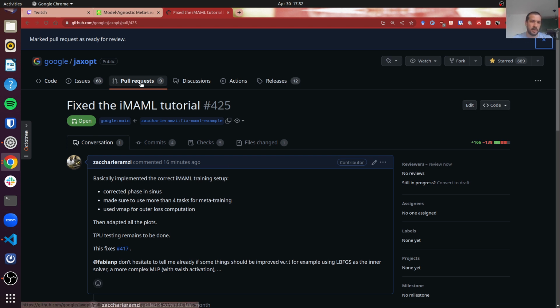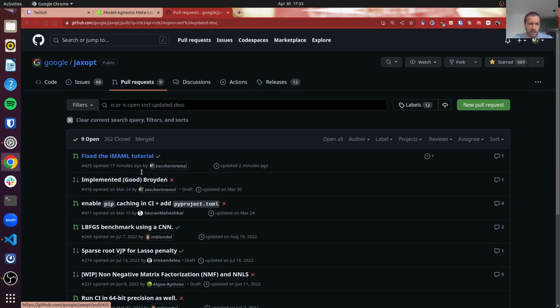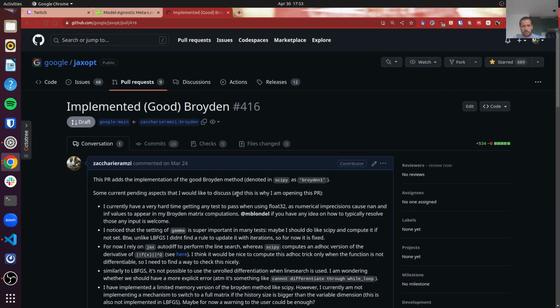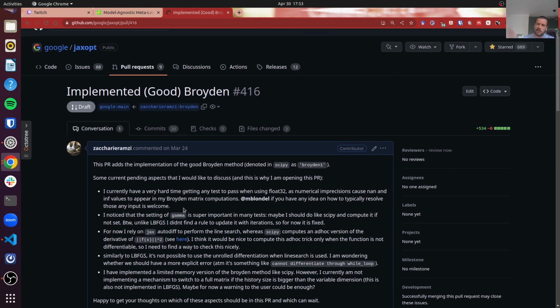working on the library. The other issue that I'm going to tackle soon, it's a pull request I'm actually doing at the moment, is trying to implement the Broyden method. Super useful for deep equilibrium models, but at the moment it's not working for some stupid reason. It's working in float 64 and it's not working in float 32. So we need to check that. So that's going to be the next PR that I'm working on,